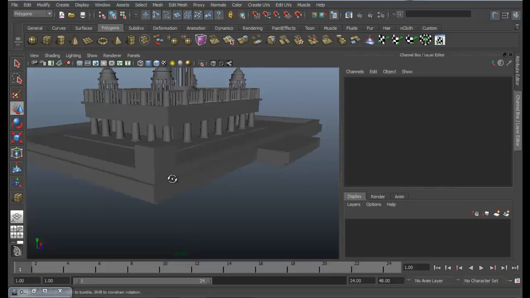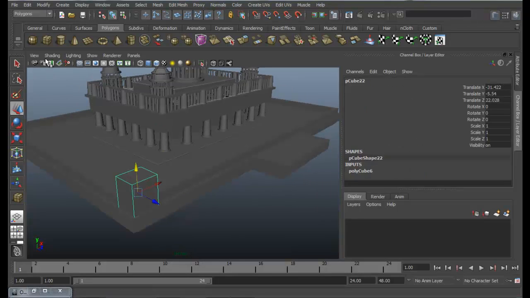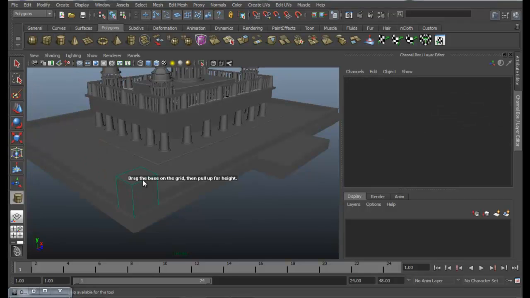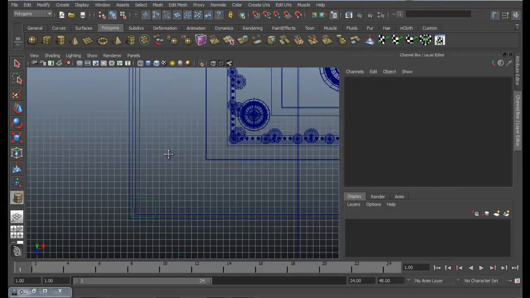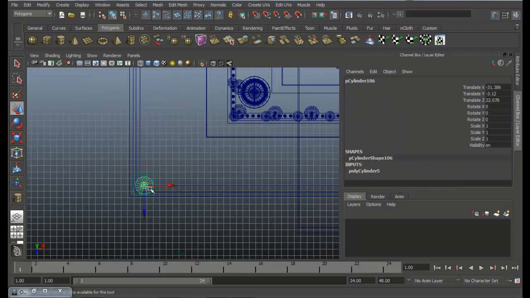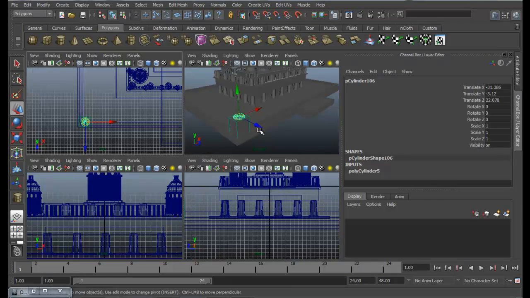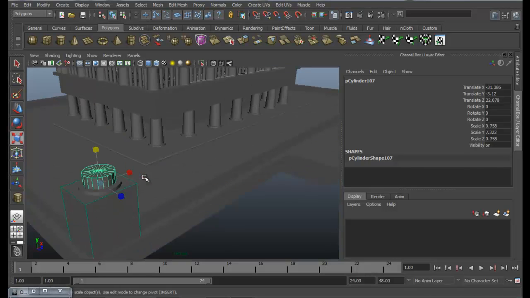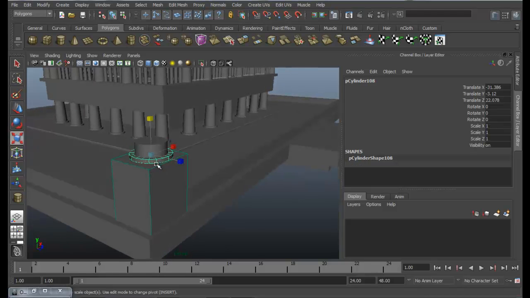So this time again, modify, make live, choose the cylinder, top view, draw a cylinder, small one. Okay, just control D. And duplicate this one once again.